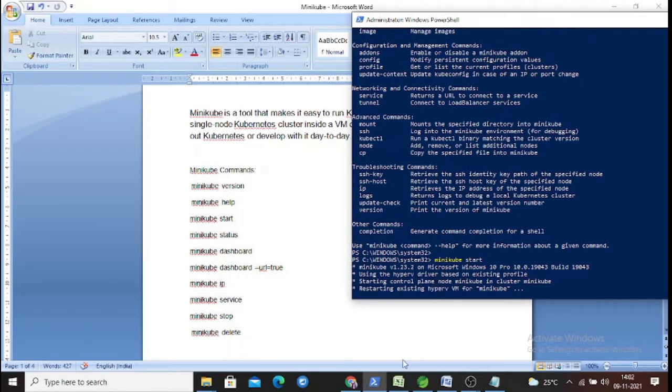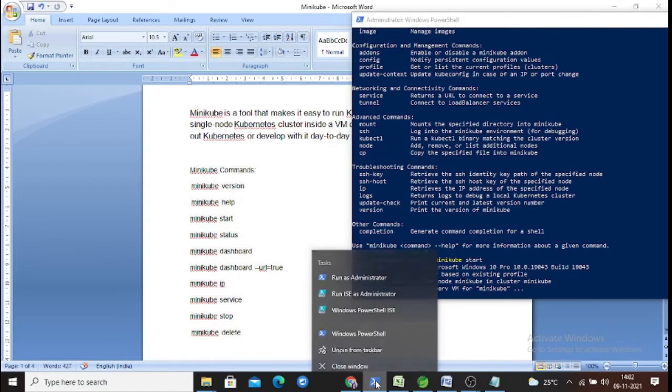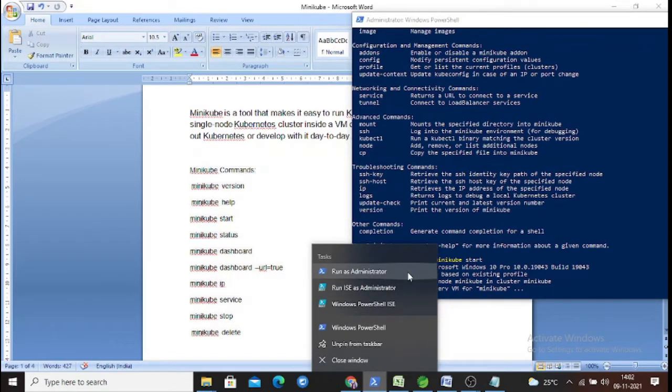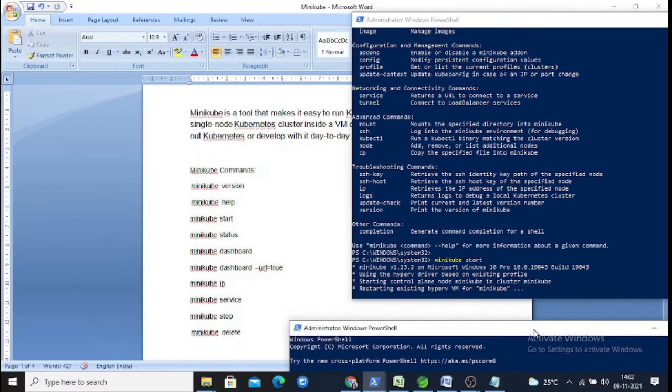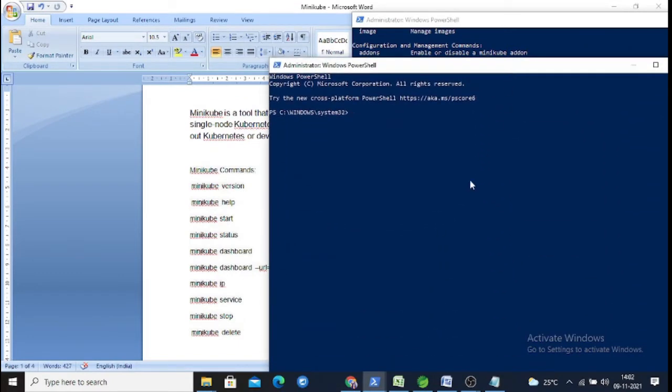So it is still opening. Let me open one more command line where we can start practicing with kubectl. Okay, our cluster is getting started. Now here